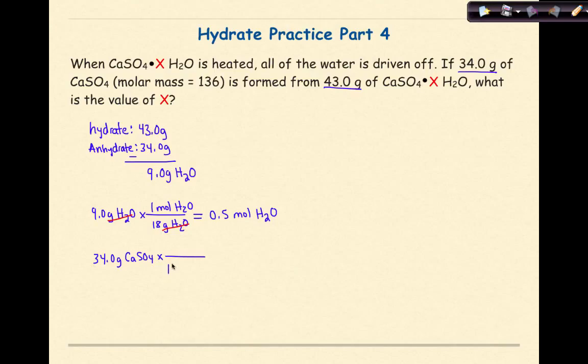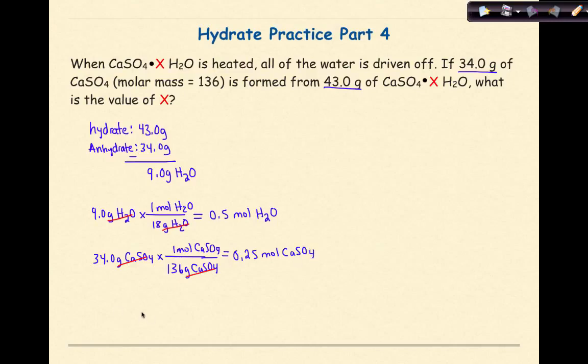That means that 136 grams CaSO4 is equal to 1 mole of CaSO4. I want to make sure that my units cancel. Grams cancel grams. And when I work this out, I find my answer to be 0.25 moles of